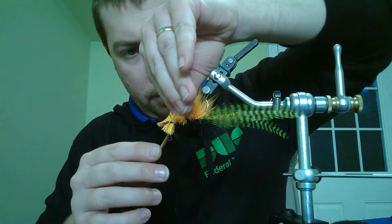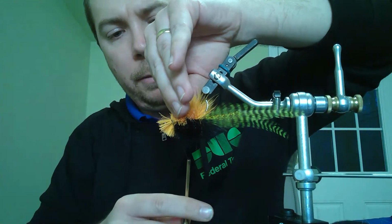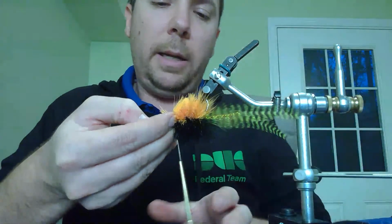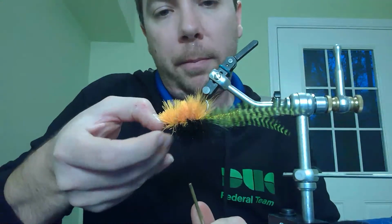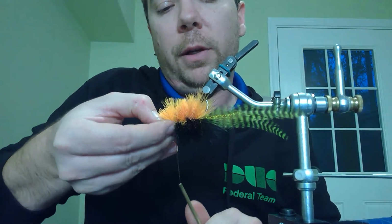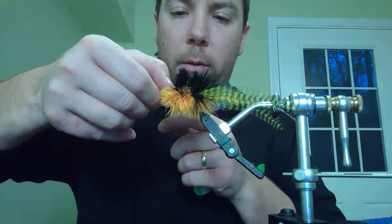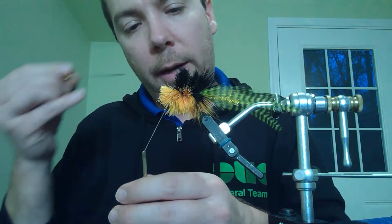Right, so one wrap kind of loose, two wraps a little bit tighter, but not super tight. Come back in to kind of cradle it, pull it down. All right, and I'm pinching the hook eye with the top, the two fingers underneath. Really gives me a good ability to put some tension on, just enough for me to flip it over and put one more wrap over top. I've trapped